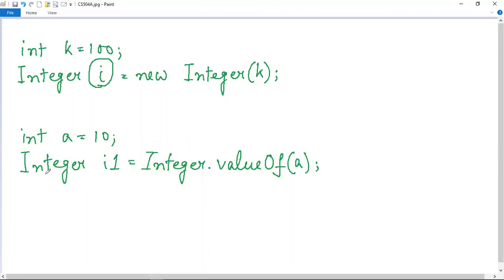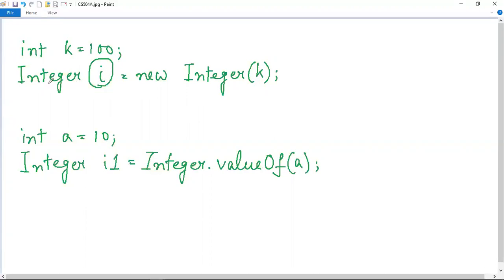So this is the Integer wrapper class, which is used for giving an object appearance to the primitive data type int. Now, as it is a class, we are creating an object I1 from it. And what we are doing here, we are using a method valueOf, and this method will do the same thing that this statement will do. It will give this primitive data type an object appearance.